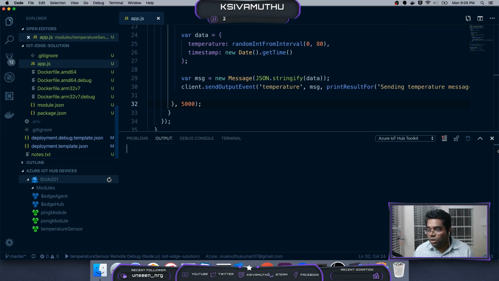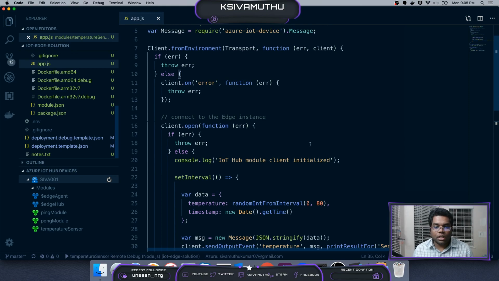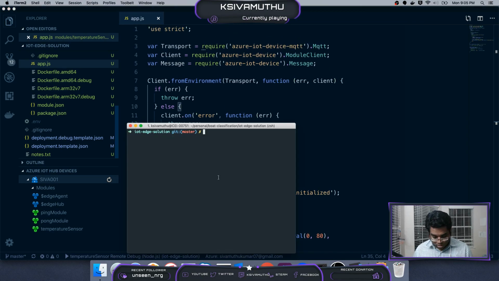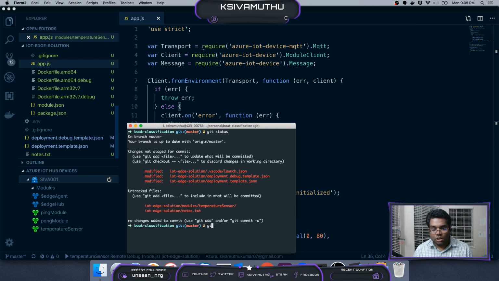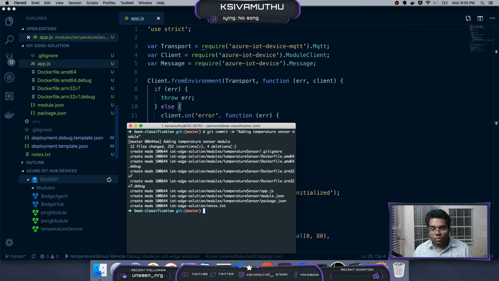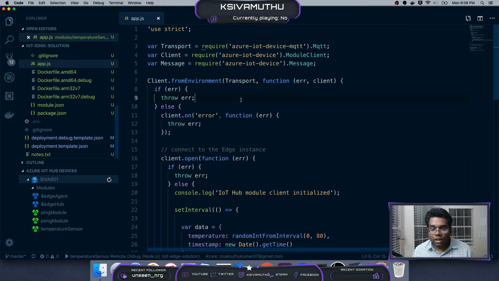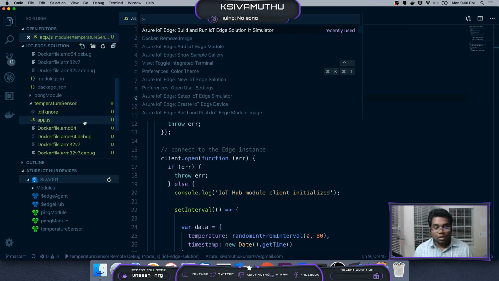Now what we are going to do is create a dashboard. But before that, I will commit this so that we would not be losing our code. So git status, git add, git commit, adding temperature sensor module. Okay, so now the next thing we are going to do is